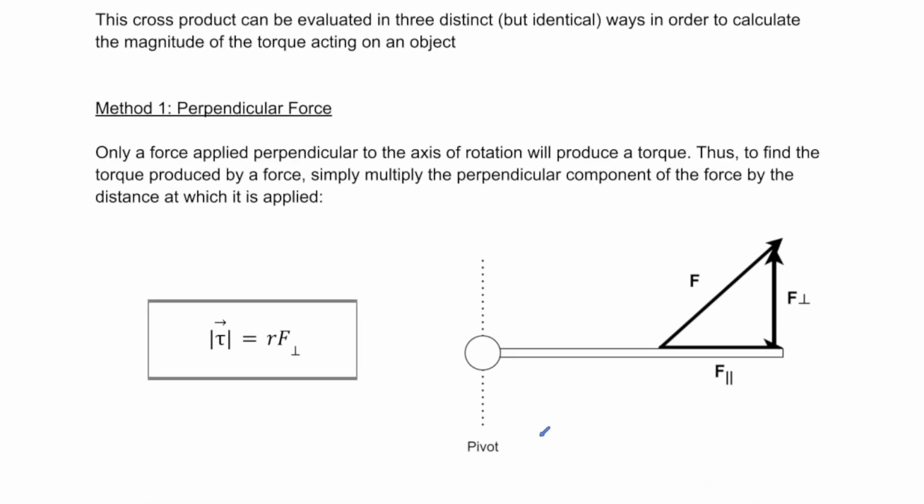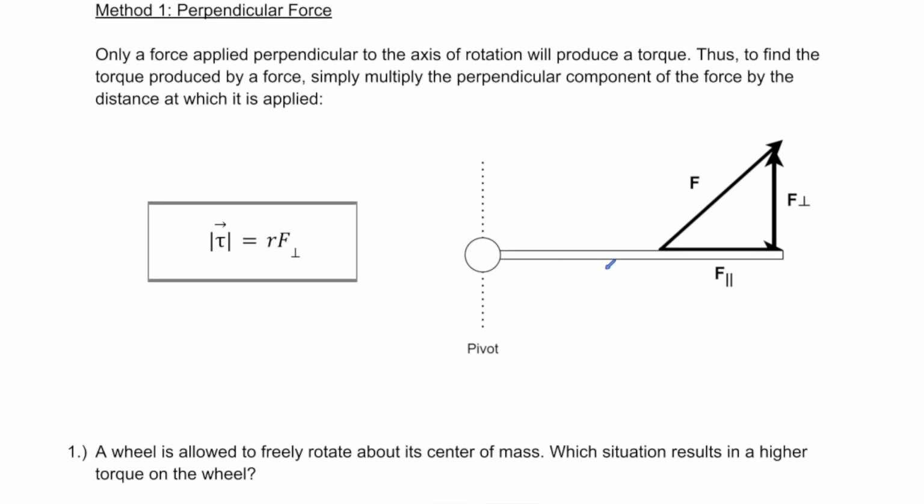So, the first way, the most direct way probably, is thought of as the perpendicular force method of torque. If you think about this object right here as like a rod or a door, the thing that is causing this rod to rotate by this force, it's not actually the whole force. It's only this part, which we call the perpendicular part. So, by doing some clever tip to tail addition, we can see that I can split the force into two parts,